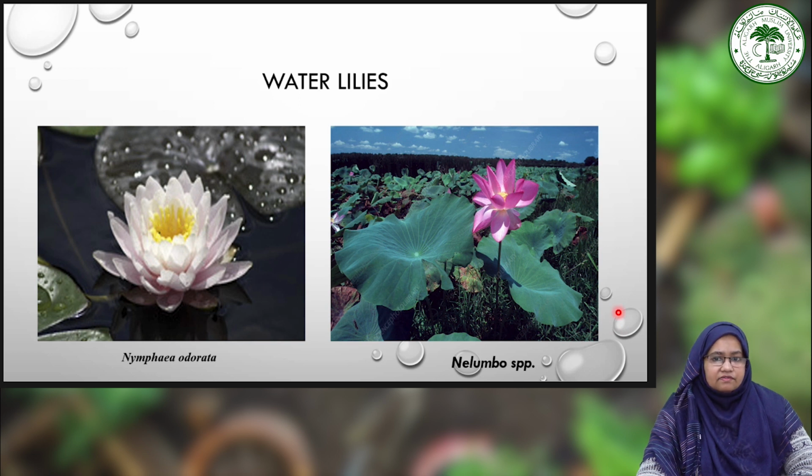A wide range of water lilies grow well, and the most common examples are Nymphaea, shown in this image, and lotus, shown next to it. Both these species provide color, texture, and different forms to water gardens and beautify the gardens.